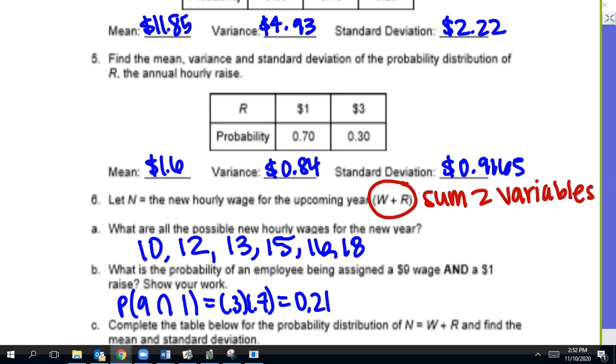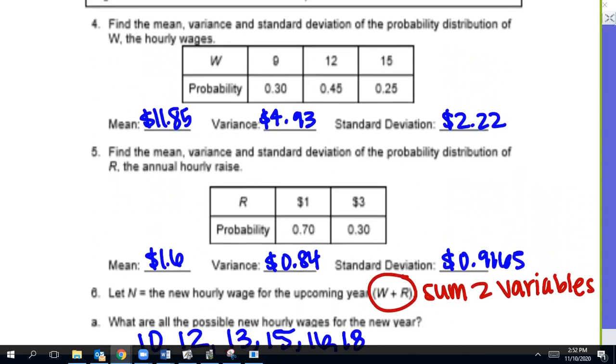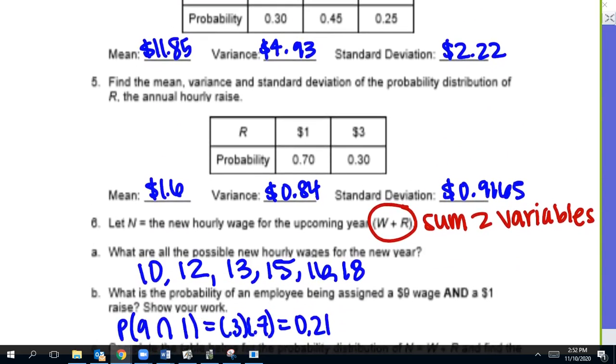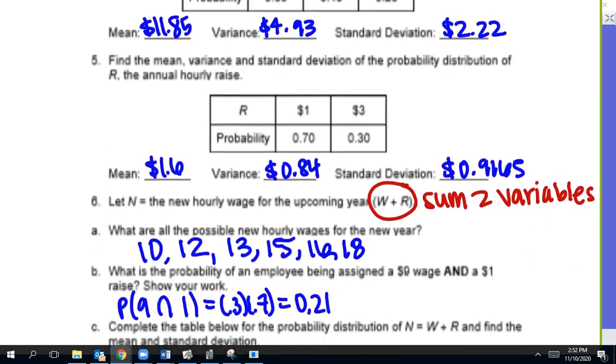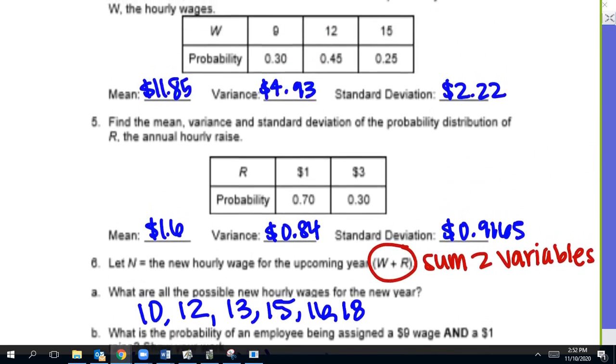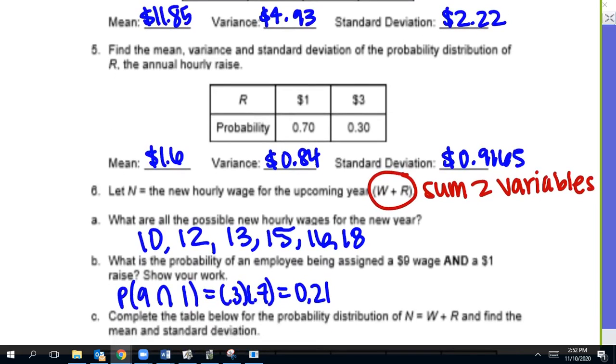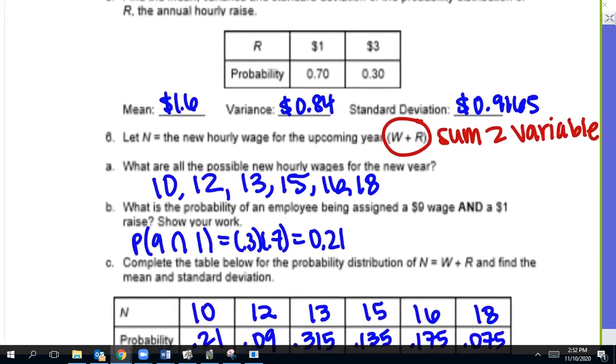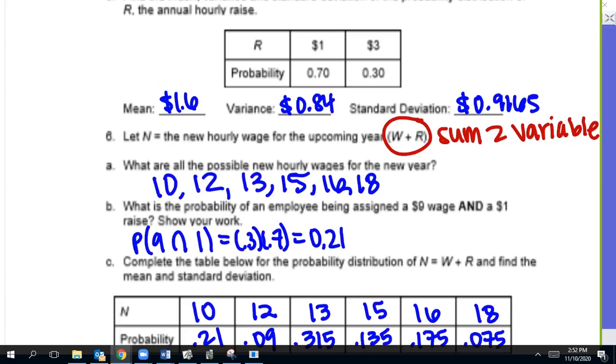So they have all different outcomes, and we're going to sum those together. Hopefully you saw how these values got there. You could have a wage of $9 plus a raise of 1 or a raise of 3. So that was 9 plus 1, 9 plus 3, 10 plus 1, 10 plus 3, 11, 12 plus 1, 12 plus 3, 15 plus 1, 15 plus 3. And then this, we're using the rule from probability